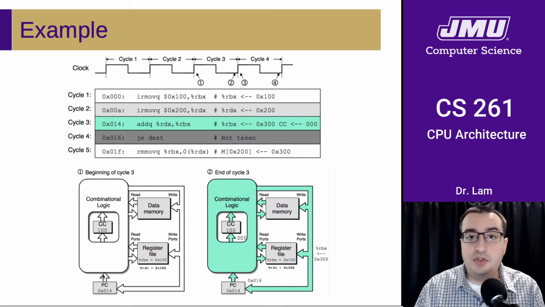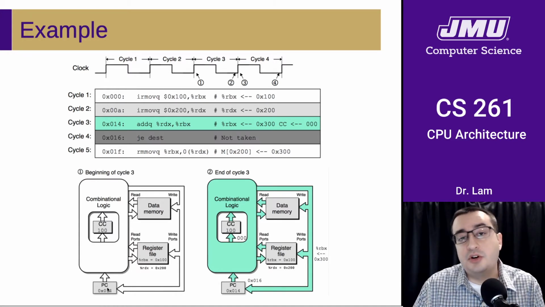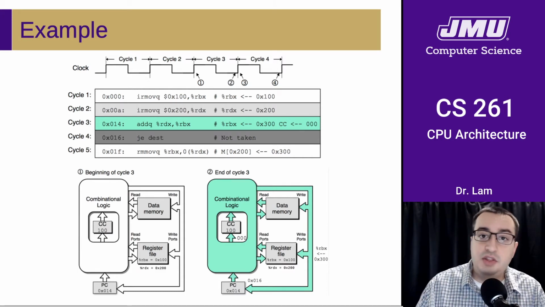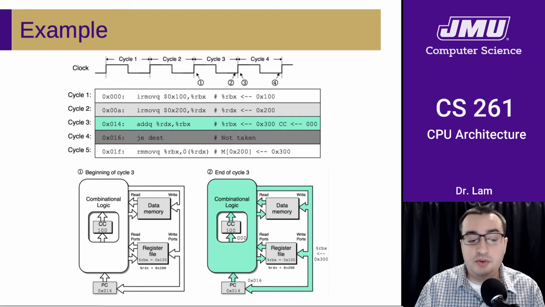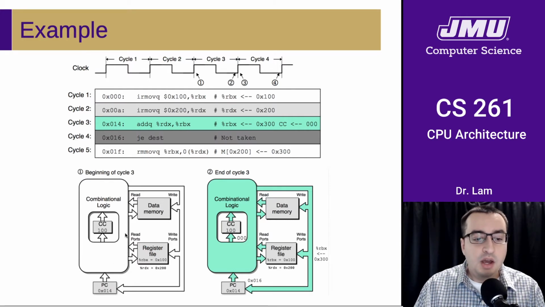And that's really what feeds the rest of the CPU. All the rest of the logic takes that address, reads the instruction from memory, looks at the bytes, and determines what it means, what it needs to do. It reads any values that it needs from memory and the register file, does any computation that it needs to, updates any condition codes, and all of that is happening inside of this combinational logic segment. And it takes a while for that to happen. These are very extensive circuits. They're very large, and there's a lot going on.